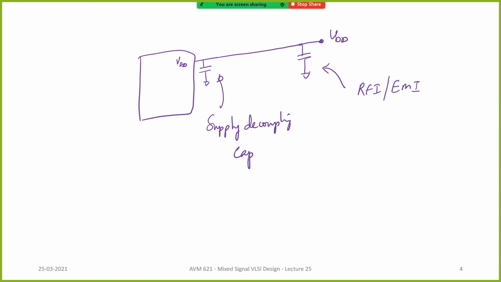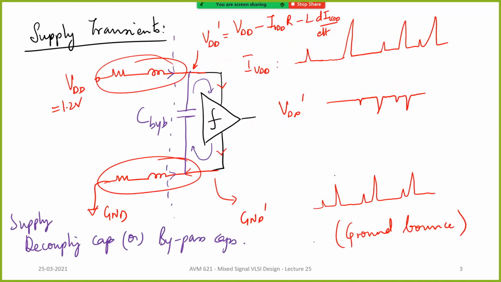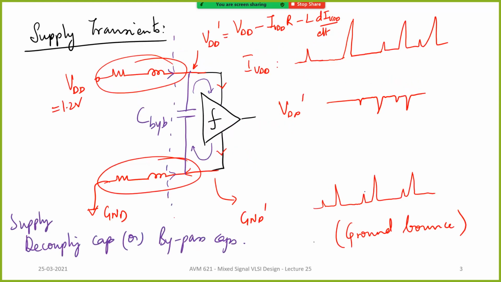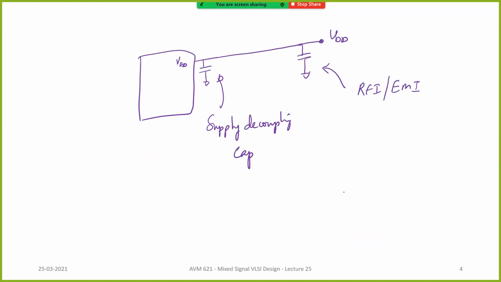So inside the chip itself, they will have a good amount of supply bypass cap, but that is not comparable to what you can put off chip. On chip, you can put some tens of picofarads of capacitance, and this can be a MOS capacitance, so you'll have pretty good density. But off chip you can always come up with some 10 microfarad capacitance or 1 microfarad capacitance or 100 nanofarad capacitance. So larger values will be used. All this is because you want to suppress this supply noise, or supply transients.